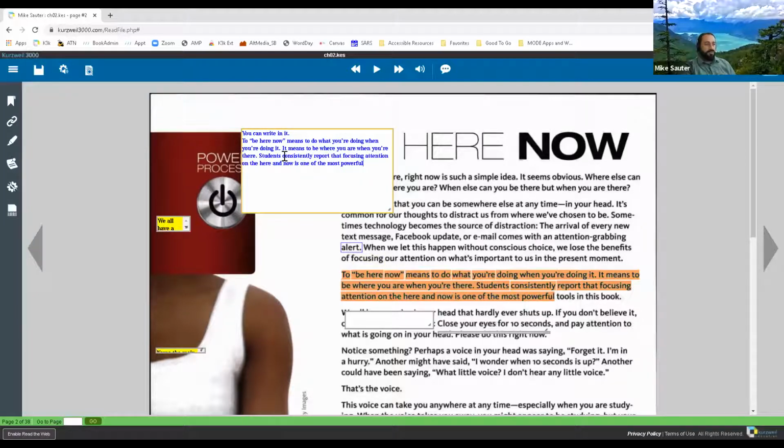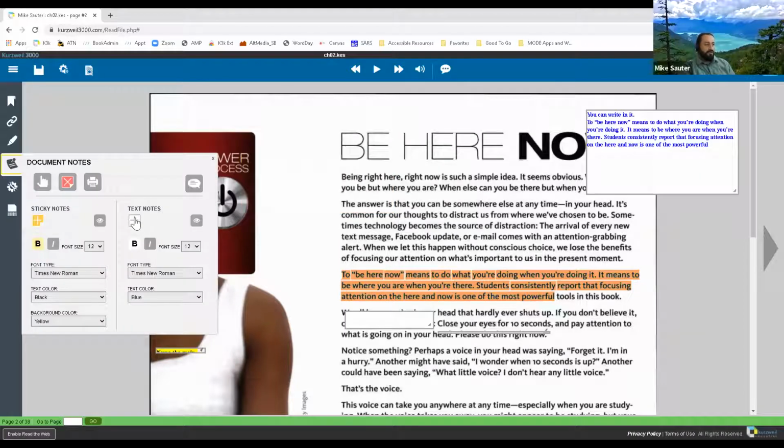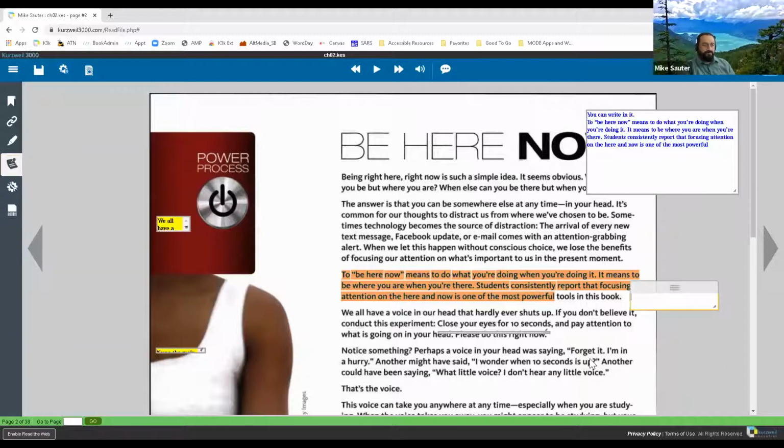Let's say you wanted to also use these as definitions, like the flashcards. So let's take this note that we have down here. And for this one, let's find that word that we want to define.